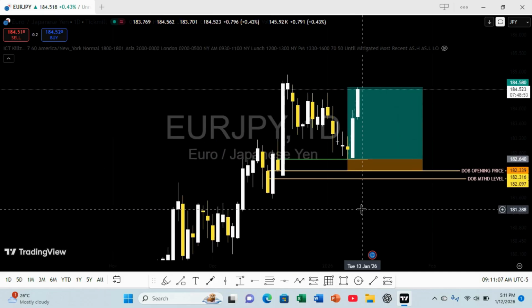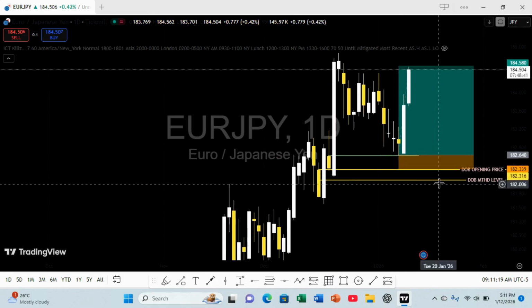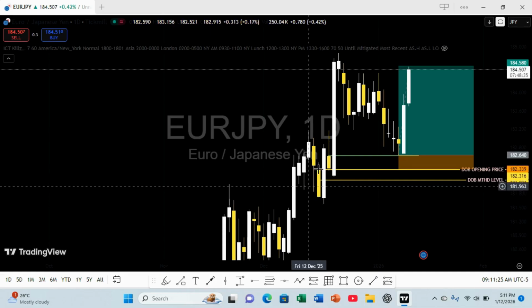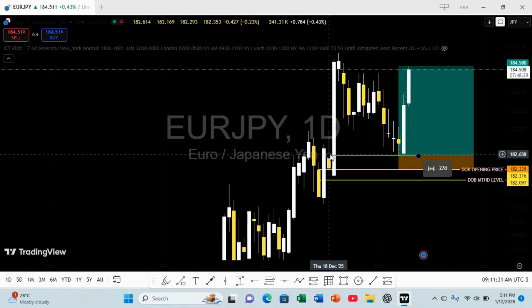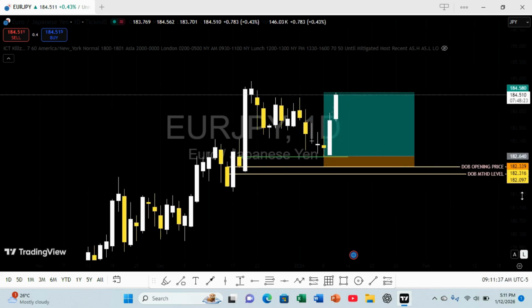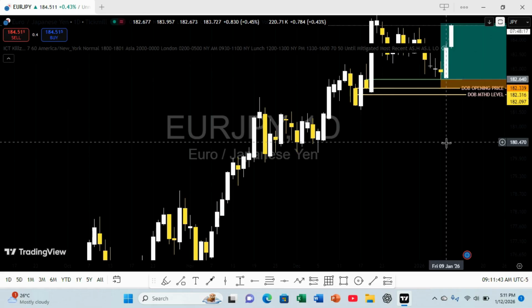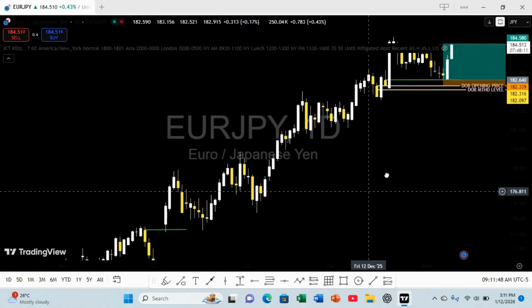What makes this propulsion block stronger, so that it can hold price for a good long period, is that, remember, price first tapped into our last down closed candle, which is an order block. This down closed candle came into the opening price of this down closed candle. So this propulsion block becomes too strong and can support price for the upward movement. Basically, I've tried to take you through my PDRAs up to the recent price movements.